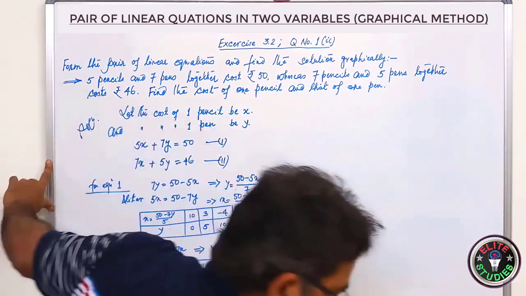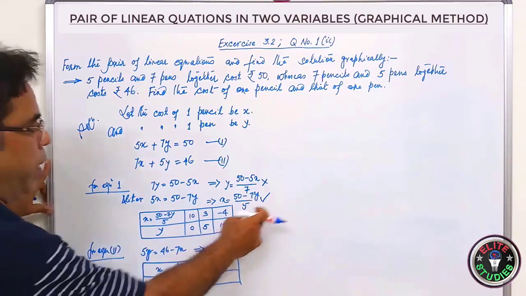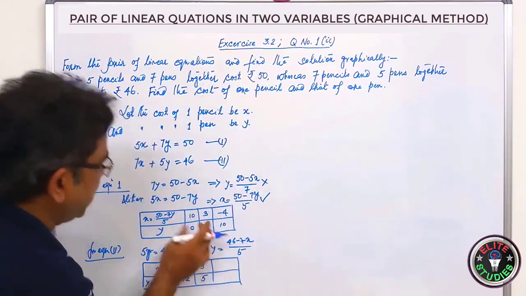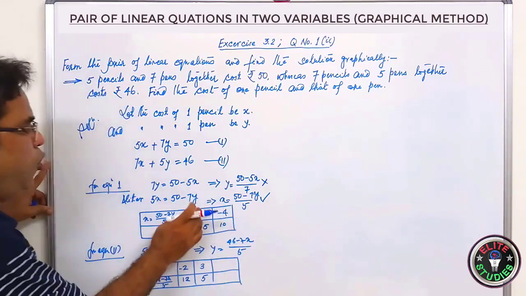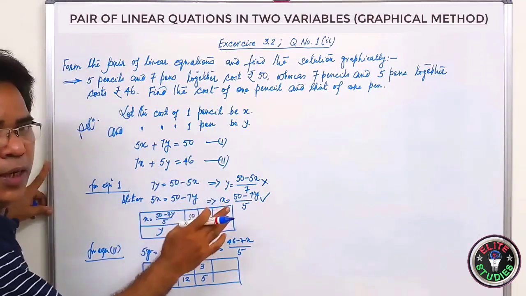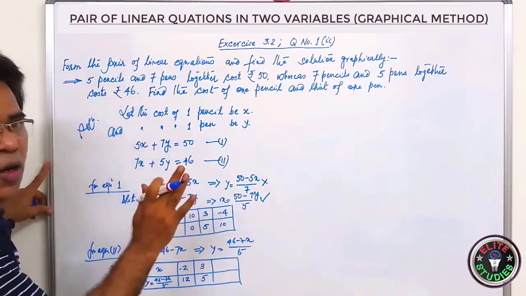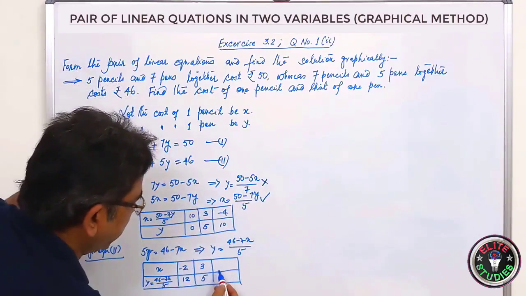You could have taken more values for a better understanding, but the time is less, and the video will become longer. Therefore, I am restricting to only 3 values, because two pairs of values are sufficient. As I have already told you, we are taking the third only to confirm whether these 2 points are okay or not. So now let us take another value.